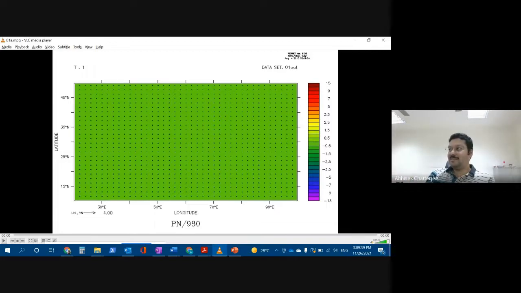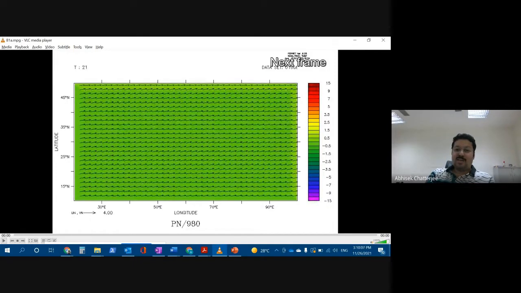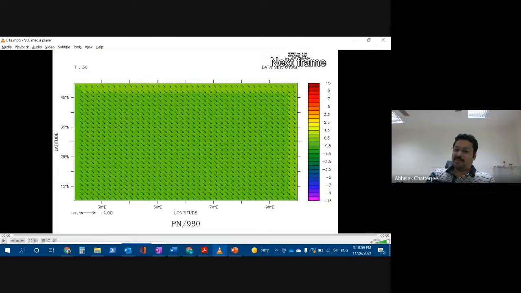We'll read it later. If the wind is blowing from south to north, then it will try to have a velocity which is towards the east in the northern hemisphere because of the Coriolis force. So it is called Ekman transport. We don't have to deal with that. So let's see how it is. I'm just tapping frame by frame, and you will see these vectors. They are basically the inertial motion. How do they look? They are just rotating clockwise.